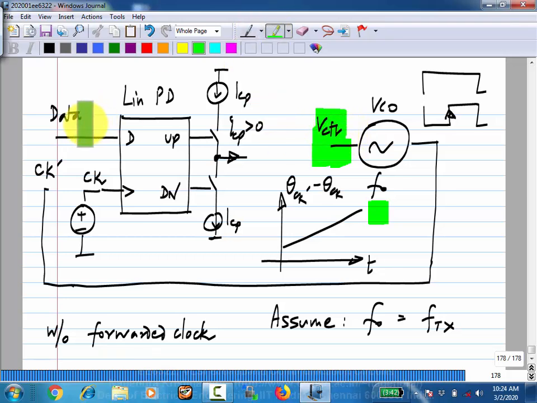And then here, if I introduce a phase step in the data, that is, there is a constant phase shift between data and clock, this ICP will be some constant current. ICP meaning the average value will be some constant. So how do I derive this V control from this current? What's that? How do I get a constant current from a constant voltage? Oh, sorry, constant voltage from a constant current. Pass it through a resistor. That's all. So all I need to do is